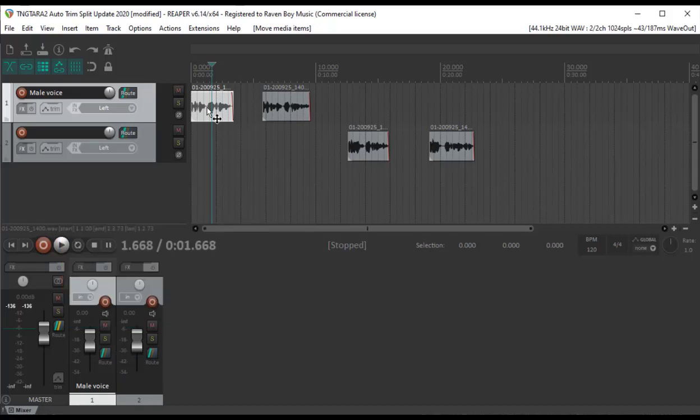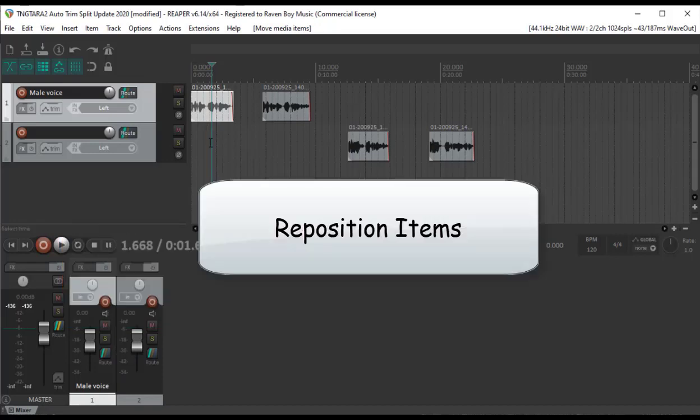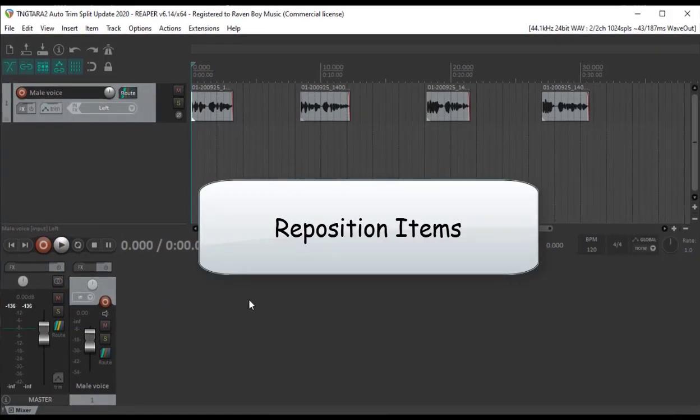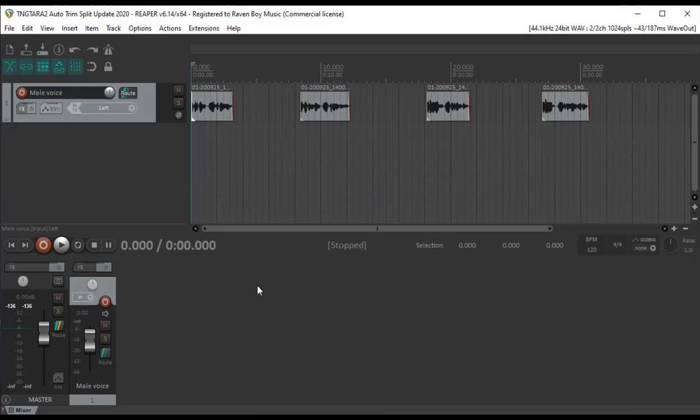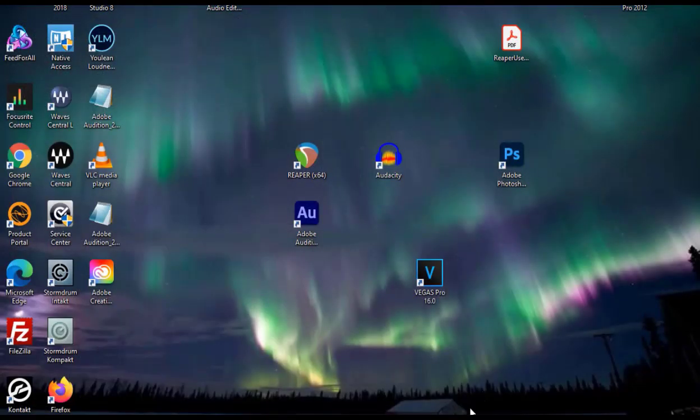Now we're ready to talk about the Reposition Items tool. But unlike previous tools, this one isn't part of Reaper when you get it. You have to go and get an extension pack for Reaper, which is also free, so don't worry about that. The first thing you have to do, though, is close Reaper so that you can install this. Where you get this pack is at a site called